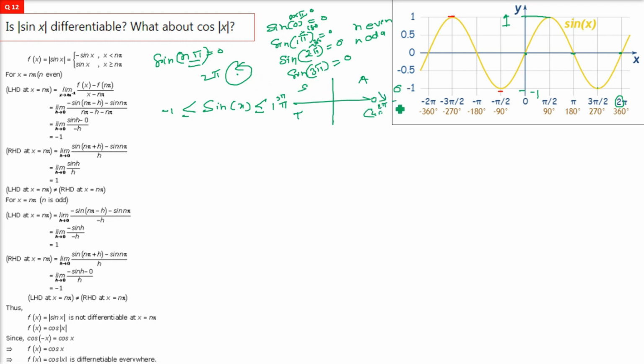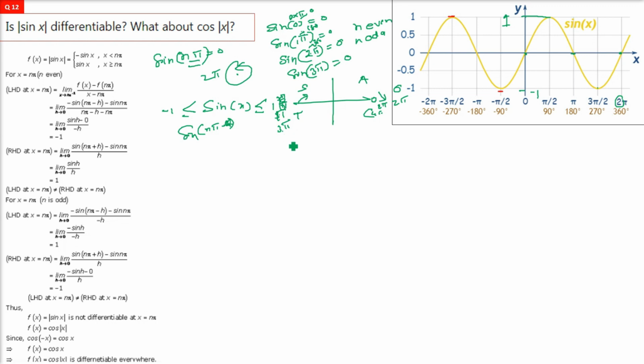So first is 0, then we have this one as pi, then we go to 2 pi, then to 3 pi, like this. 1 pi is 180 degrees. So every time we get n pi, we get even numbers and odd numbers also. So n pi, sine n pi, we have sine of n pi minus theta,